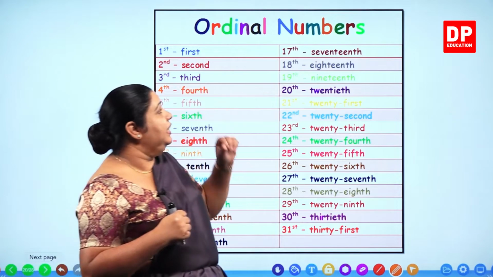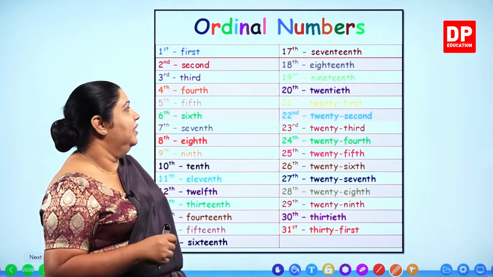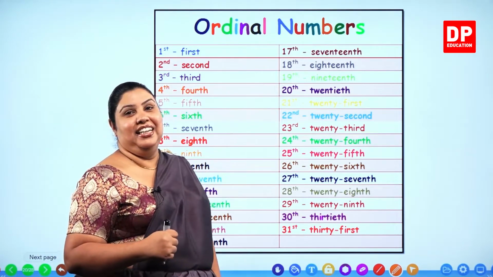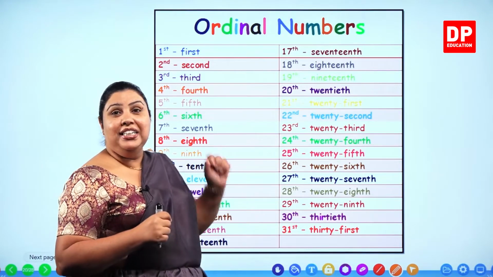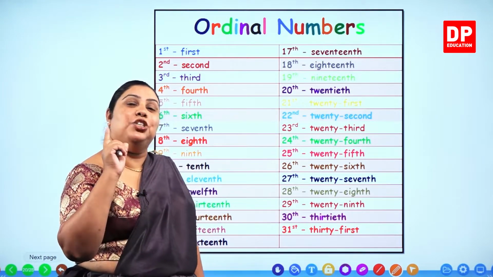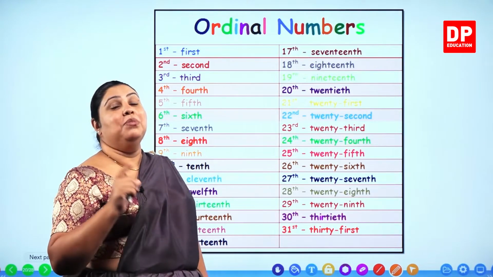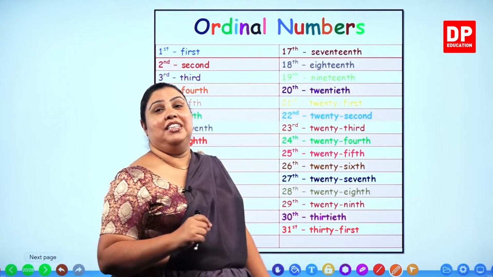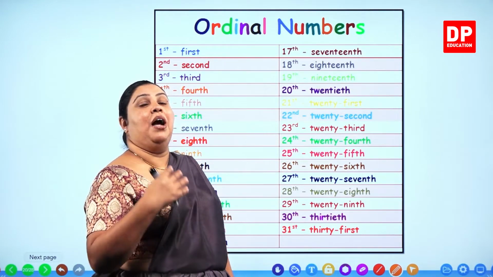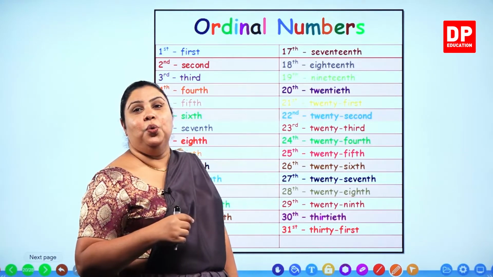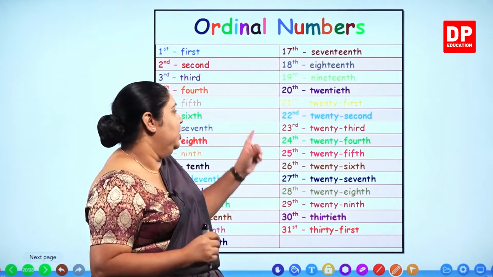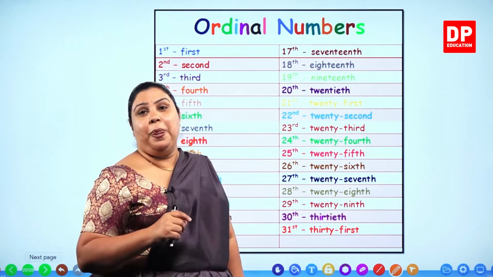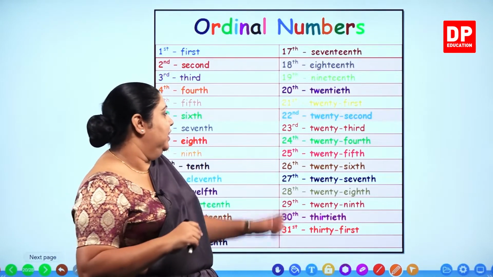Right. 17, 17th, 18. That's right. You have to say 19, 19th, 20. That's right, 20th. 20 becomes 20th. Now the next numbers. 21st. 21 becomes 21st. 22. 22nd. 23, 23rd, 24, 24th, 25,